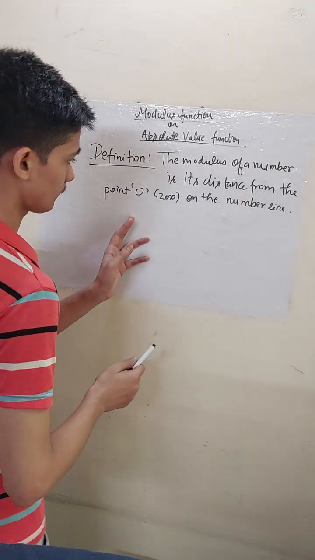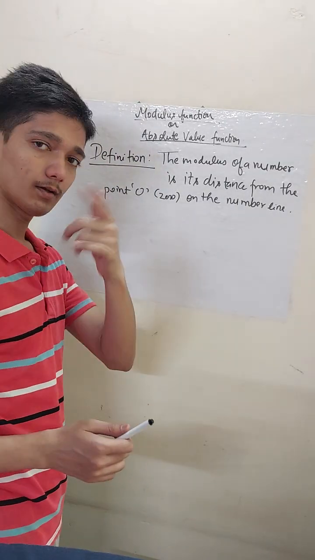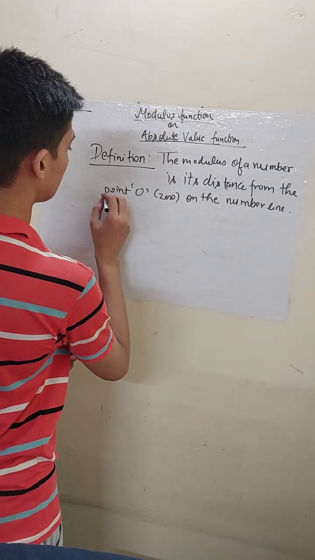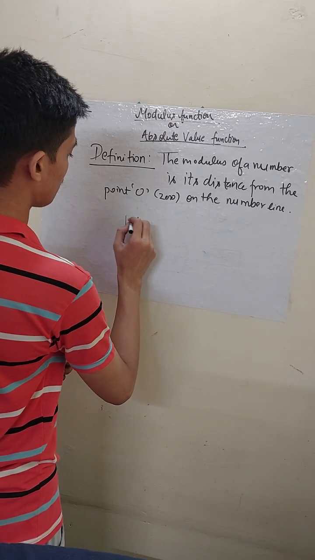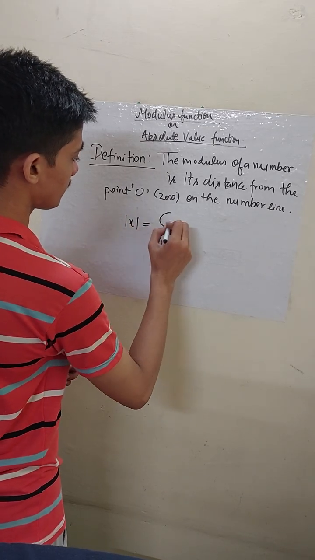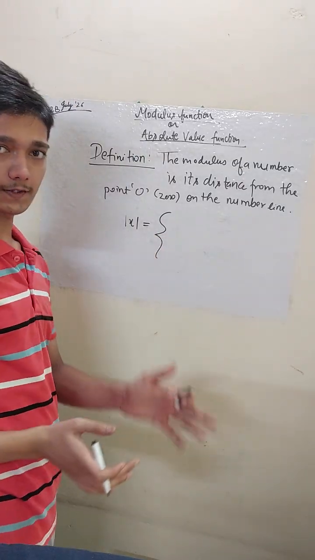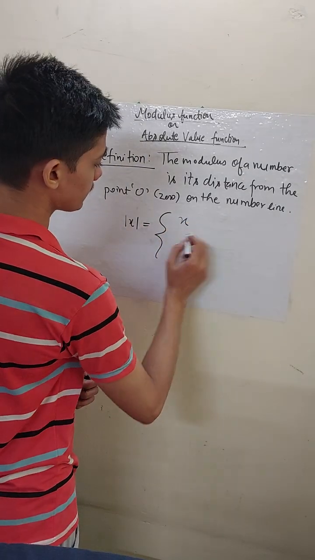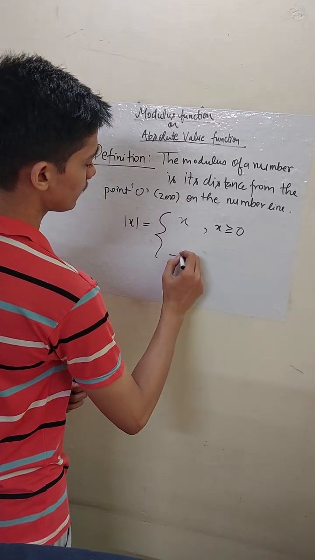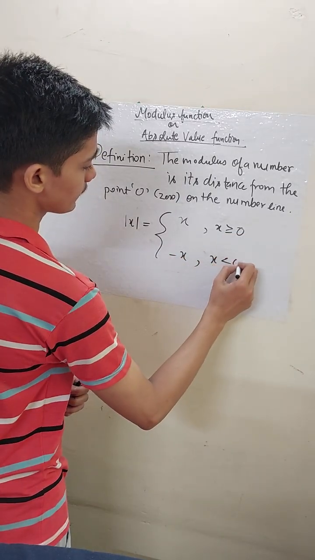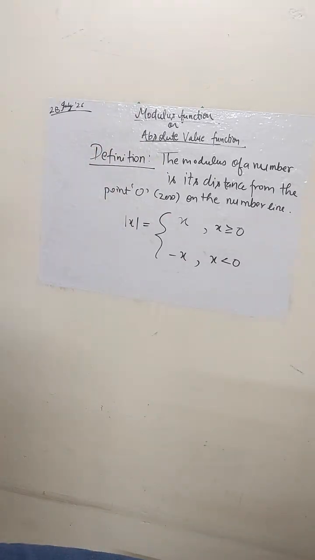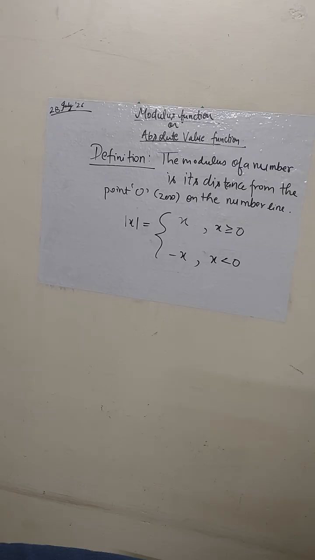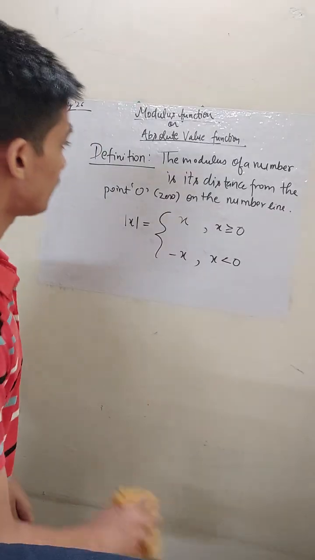Now let's represent it in mathematical form. Mod x is represented as a piecewise function: x if x is greater than or equal to 0, and negative of x if x is less than 0. So I write it down on a notebook. I'll be back. I hope you have noted it down. So let's erase it and